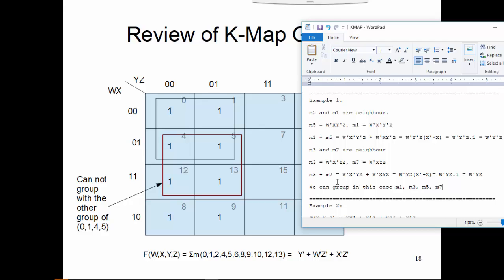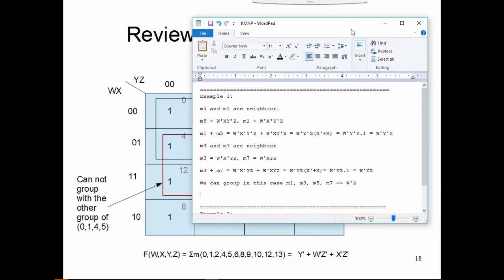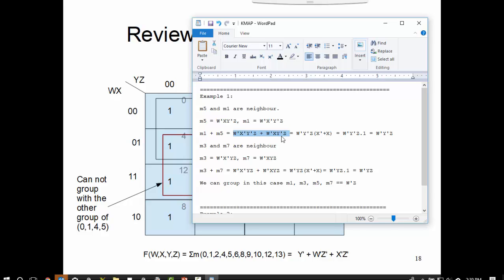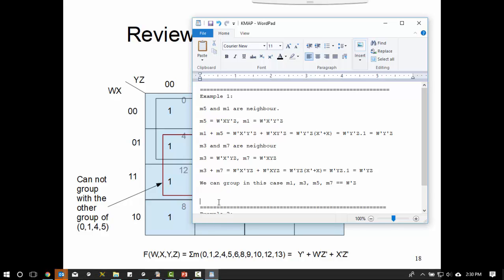So we are making a bigger group, and this bigger group will give me the optimized value of W bar Z. Now, how does this work? We are grouping these two, M1 and M5, and also we are grouping M3 and M7, which is this one, right? So this is my original